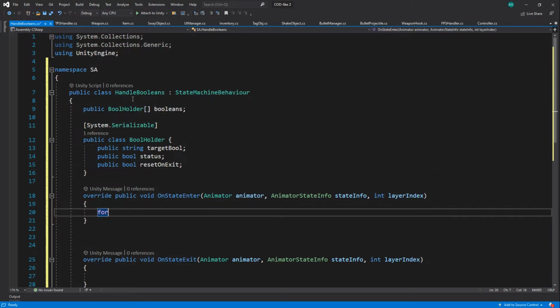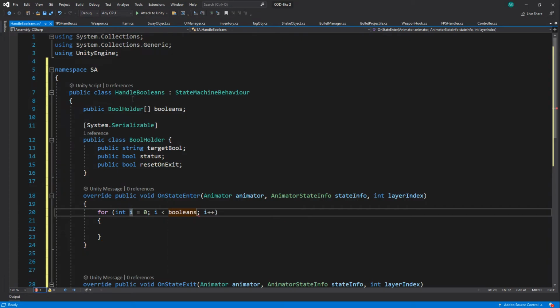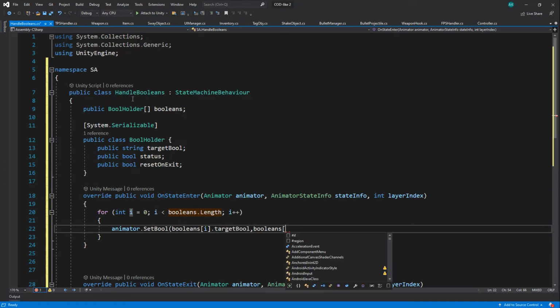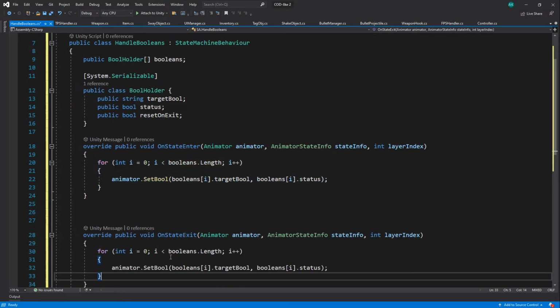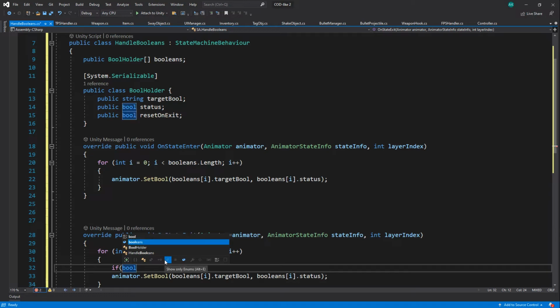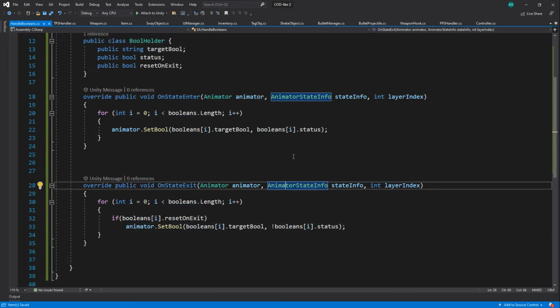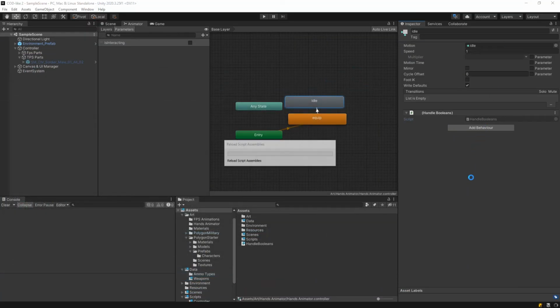Then booleans count length, and animator set bool booleans I dot target bool, booleans I dot status, and on exit, if booleans I dot is set on exit, just make it opposite. Okay,